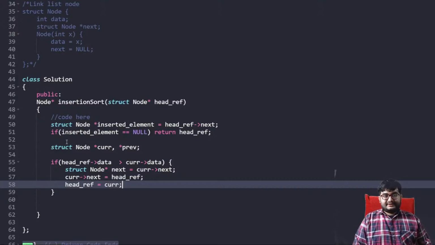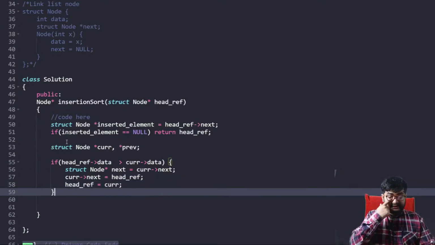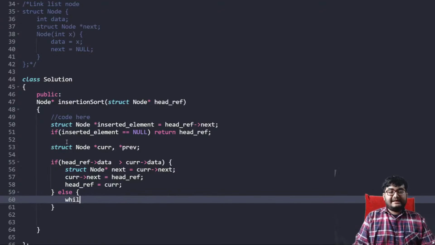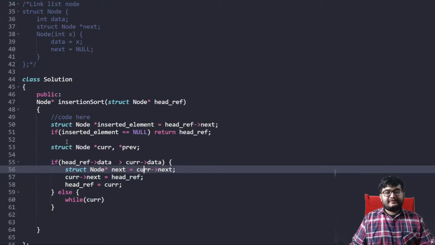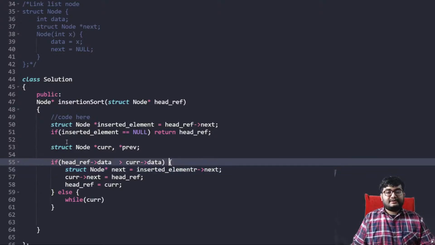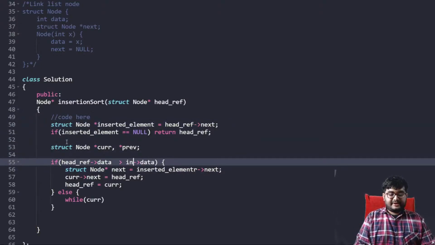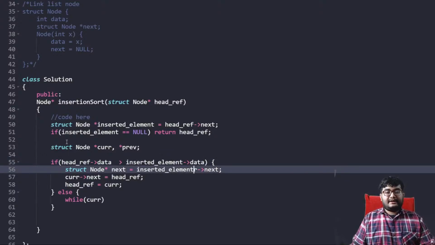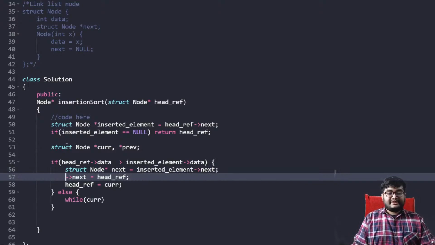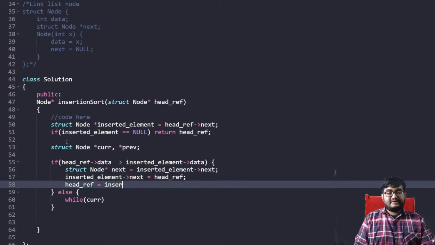Other than that, what will we do? That's fine. Else, if that is not there, we'll move while. Sorry, I think it will not be current. It will be inserted element. Here also it will be inserted element, and here also it will be inserted element. The name is a bit confusing. I don't know what can be a good name to give this. So inserted element,